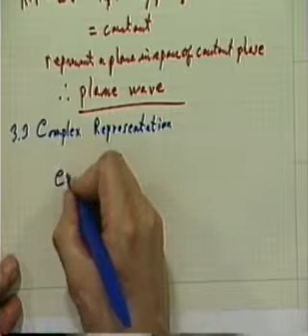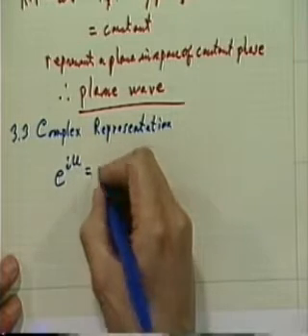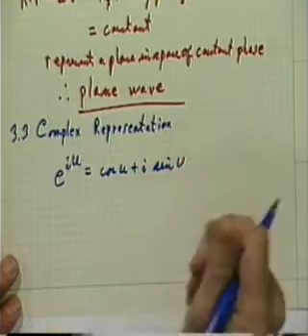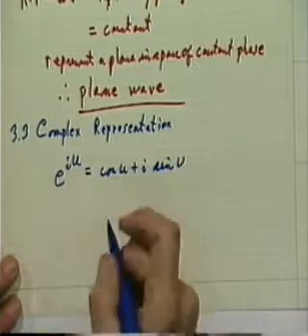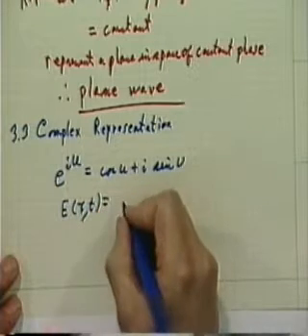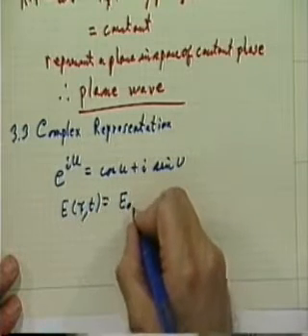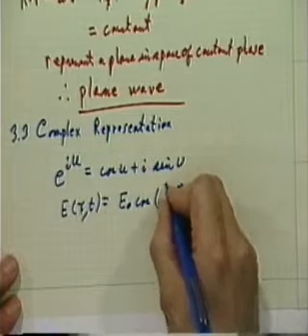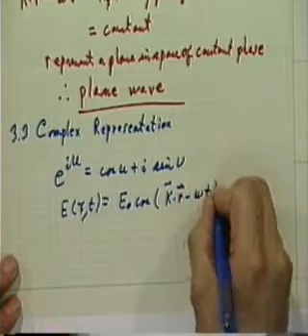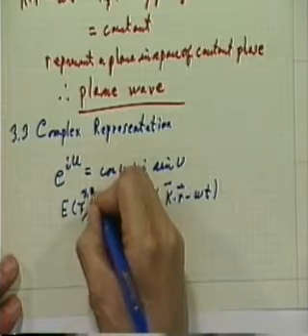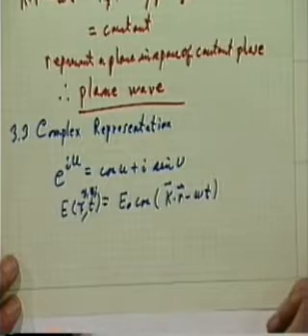We all know that e to the iu is cosine u plus i sine u. If we have a wave, E of x, y, and z, that we write as E naught cosine of k dot r minus omega t,